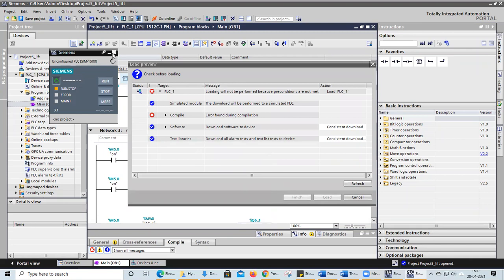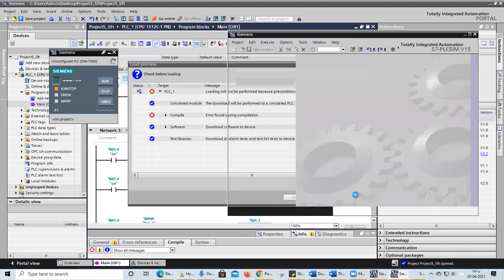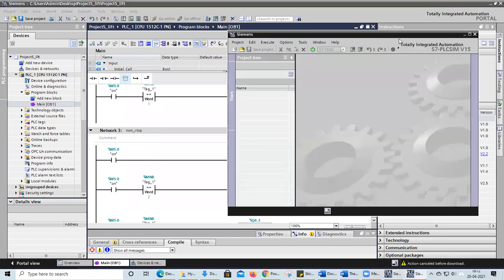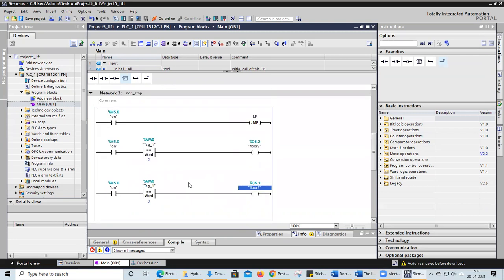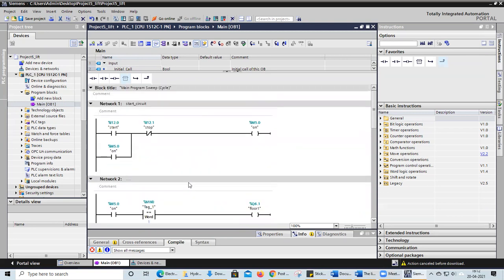Okay, some error is there. It is showing some error during the compilation. We'll find out. It is showing some errors.